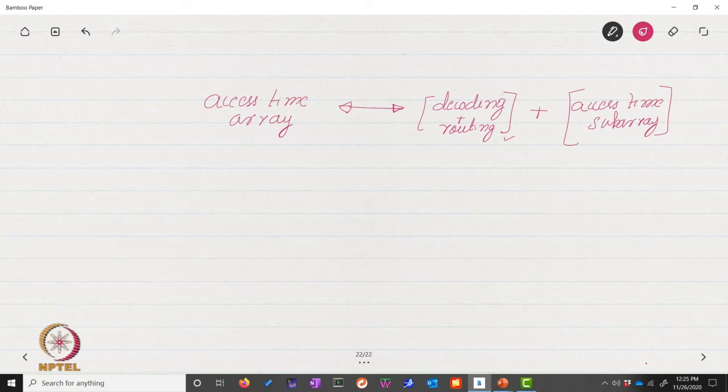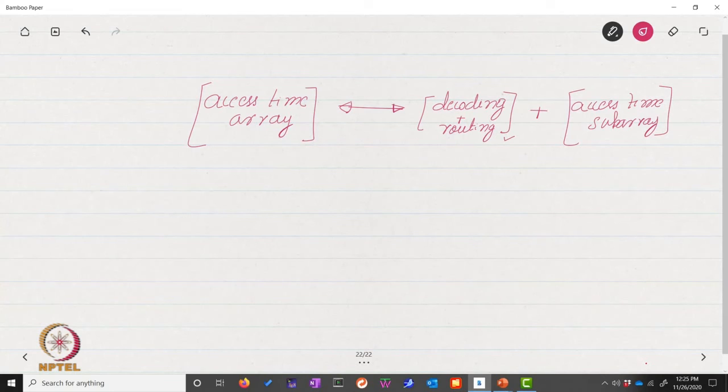So even if, let's say, we are reading not a full block, we typically don't read 64 bytes. But let's say even if we are reading 4 bytes or 8 bytes, even that needs to come from a single subarray, all right? And if that's not the case, then multiple accesses need to be made. So all of this has to be kept into account. But pretty much, subarrays don't come for free. There is a decoding and routing overhead. And also the additional wires are required. And each subarray also has its own logic. So they don't come for free.